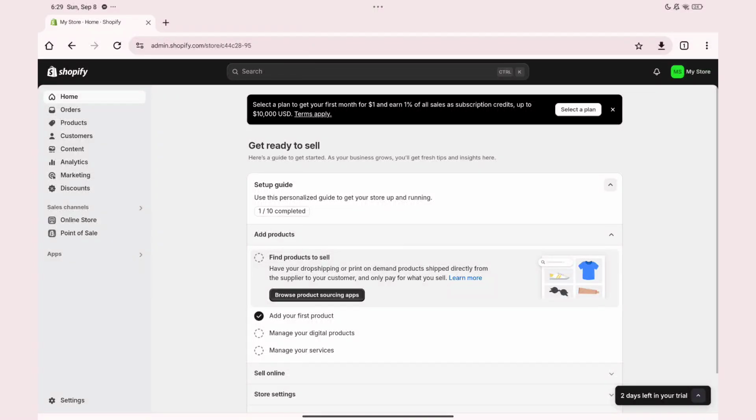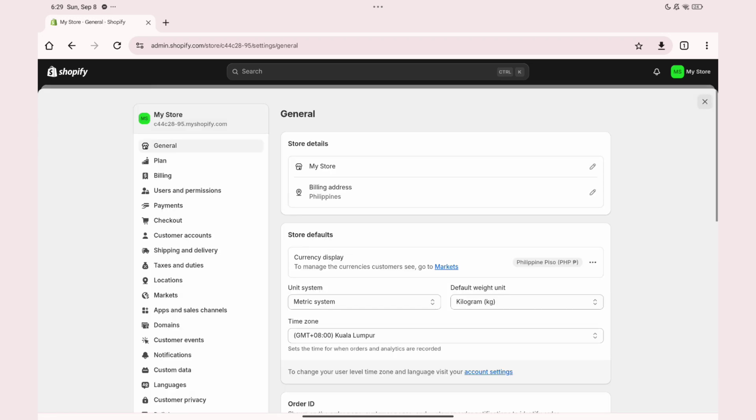In this video, I'm going to show you how to activate Shopify payments for non-US citizens. To get started, the first thing that you'll need to do is open Shopify on your browser and make sure you're signed into your Shopify account. Then here, go ahead and click on the settings button, which you'll find at the bottom left corner of your screen. Then here, just go ahead and click on general, click on my store, and you would be able to